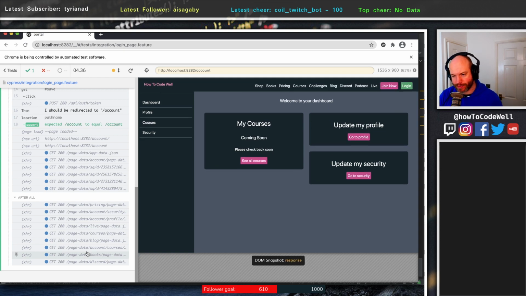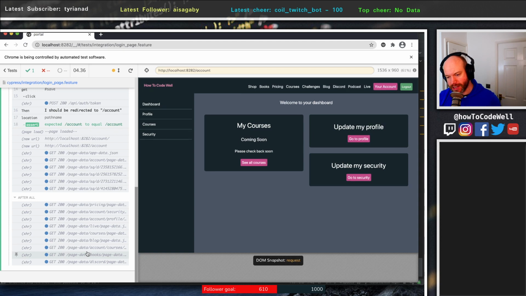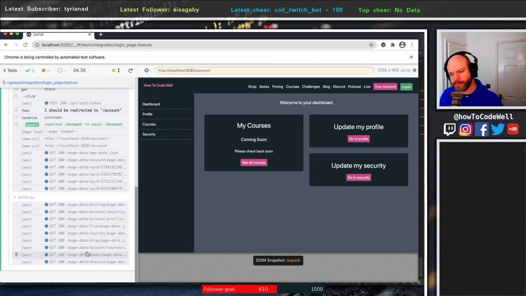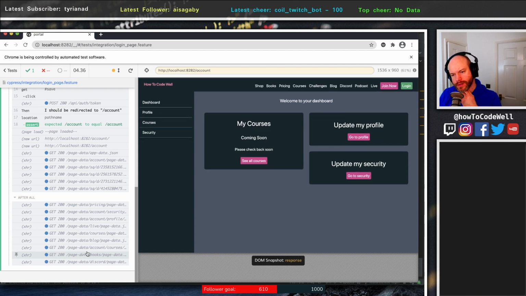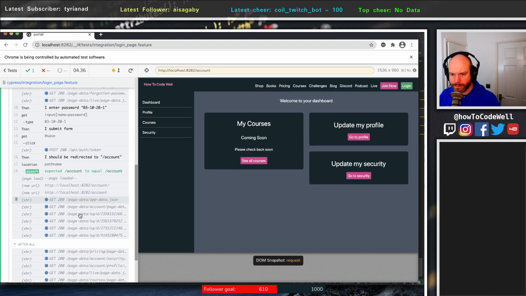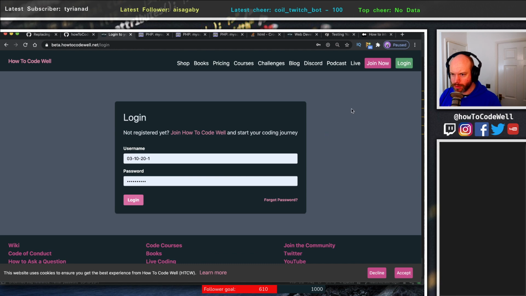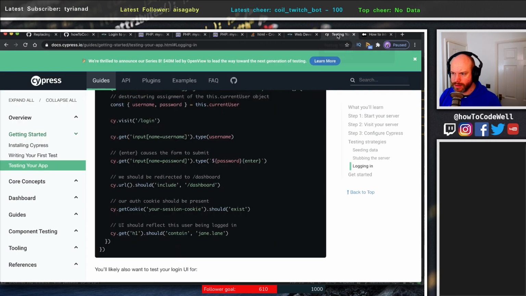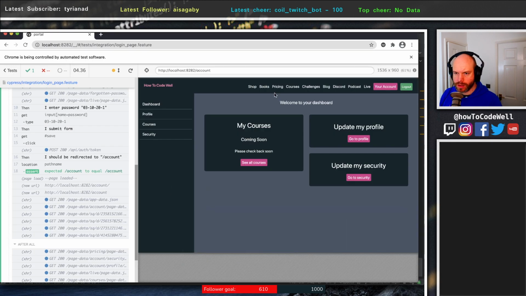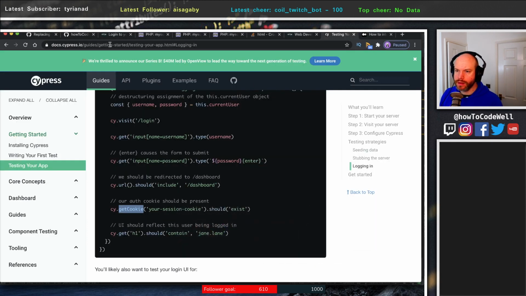Now, obviously, there's negative paths that we have to test. So, for example, when people put in incorrect details, that kind of thing. But that's cool. And we should also check that the cookie is set and everything. I thought I saw a way of doing that. Here. So get cookie, session cookie. So our cookie would be,